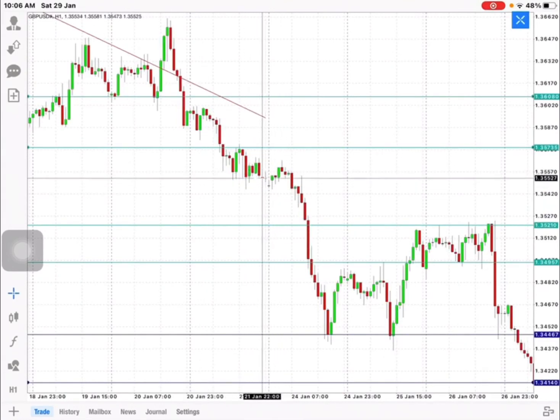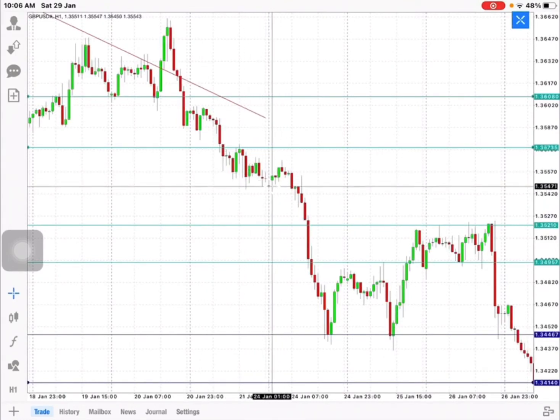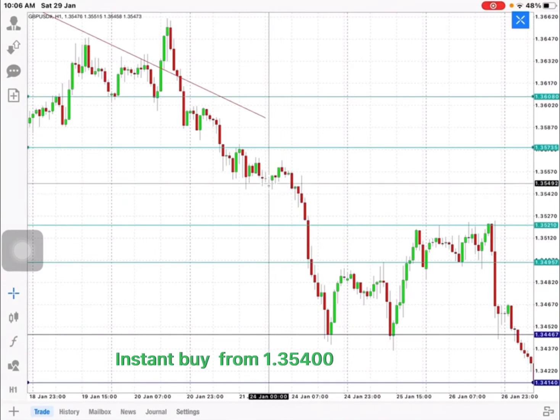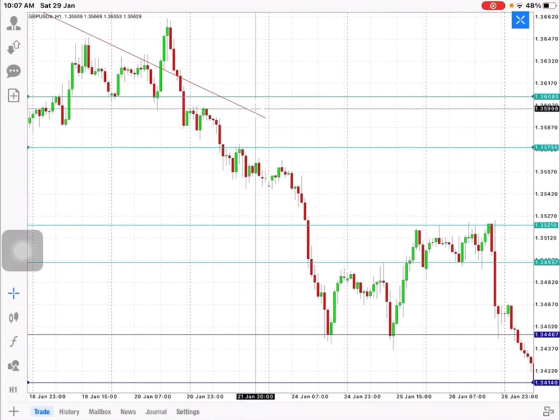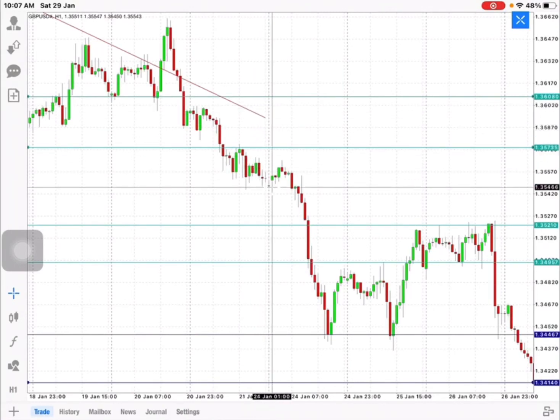From my previous analysis, I told you guys, if Monday the market started moving up, you guys can place your instant buy trade here, your TP around 136.000, and then from there you guys can place your sell once the market starts retracing from the trend line. So you guys know USD index market didn't retrace from the trend line, and GBPUSD also, the market never went up, guys. The market went up 20 pips.